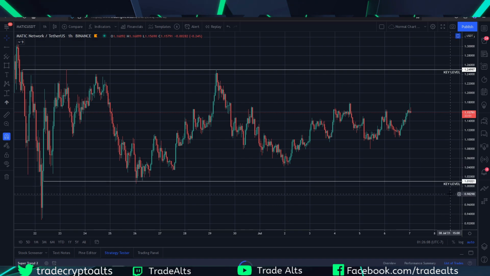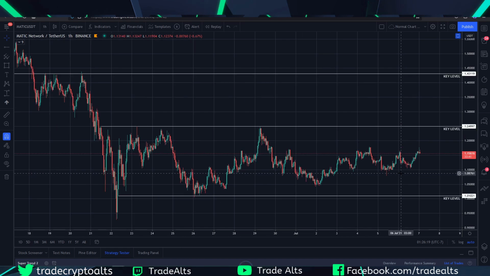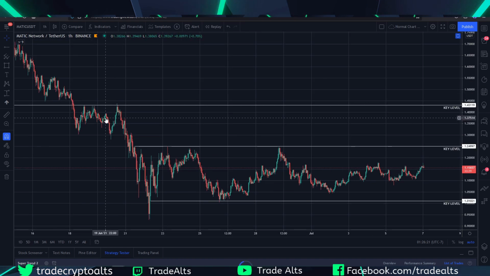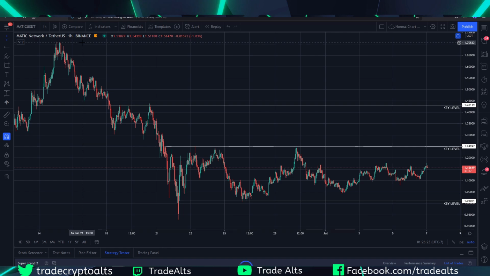So this is why this level is on my chart. It's not as well defined as these previous levels are, but it's definitely one that I would pay attention to going forward. So that is how you can look at a chart like Matic and find support and resistance levels